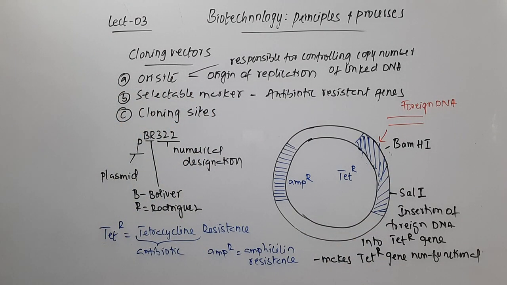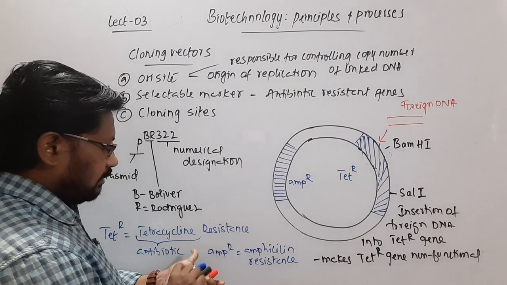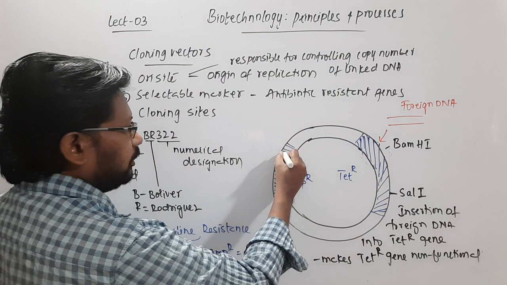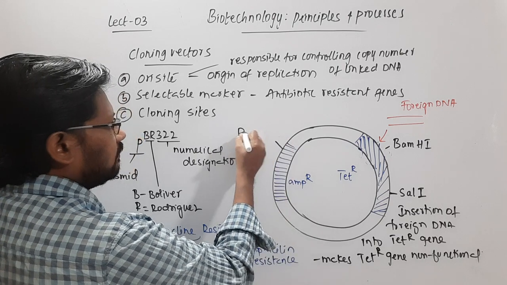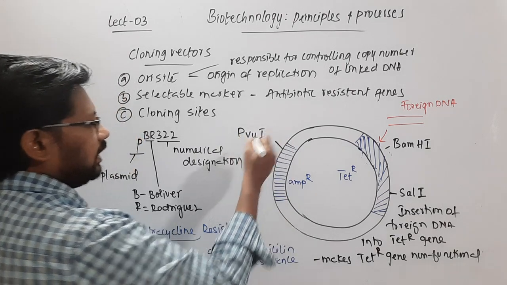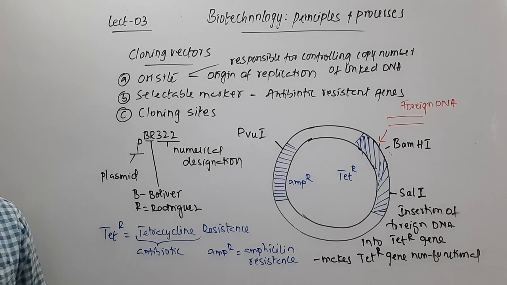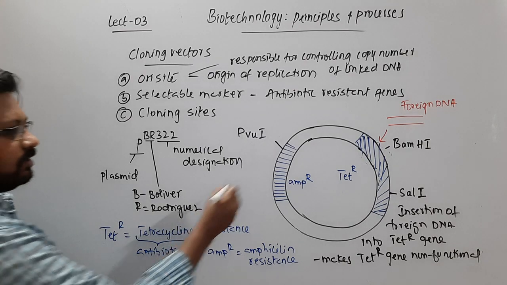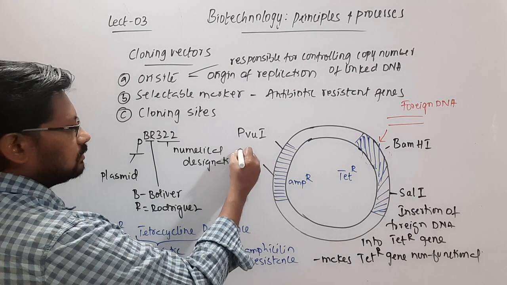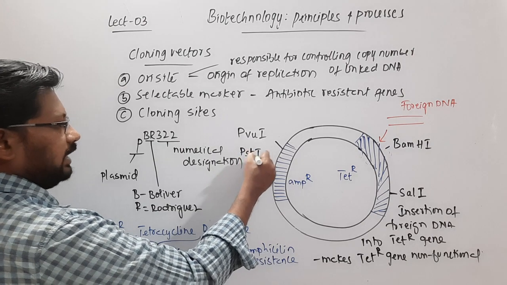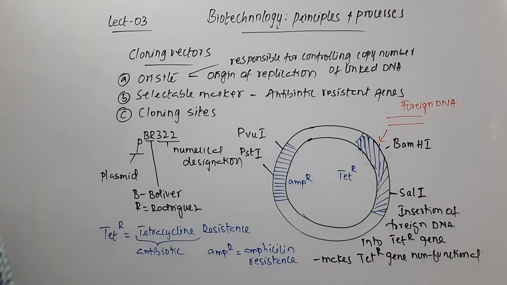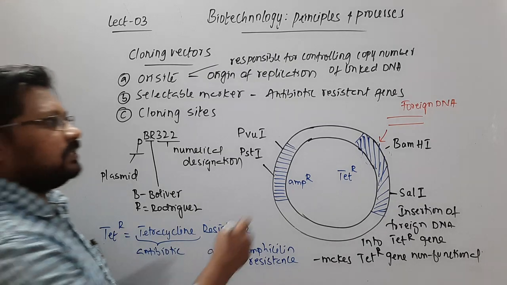Then coming to ampicillin resistance, in this we again have two more recognition sites. One is PvuI at this point, and below that we have one more, PstI. And then we will be seeing here